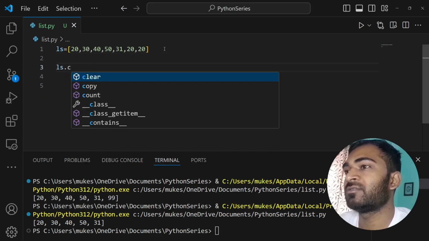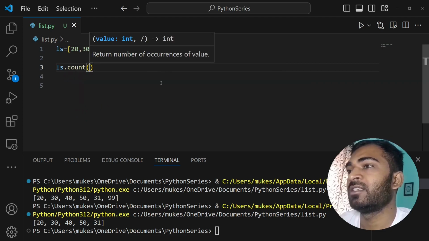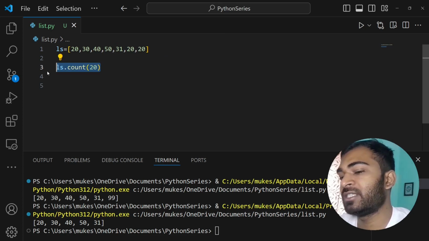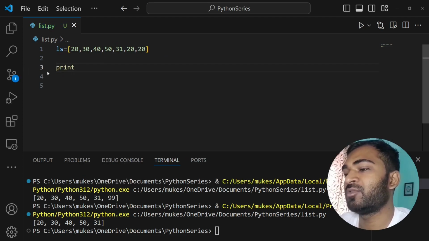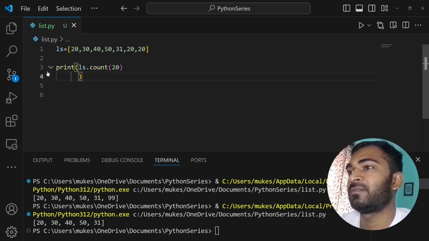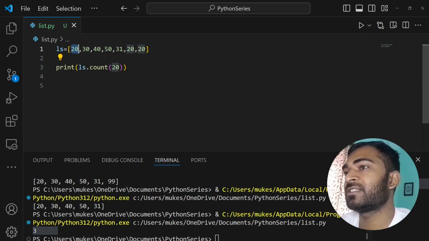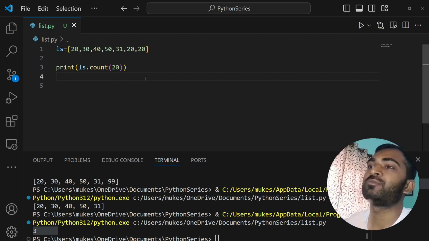So you can do list.count(20), and then print it. You can see it prints three, so we have three 20s here. So with count you can count, you can add, you can remove.